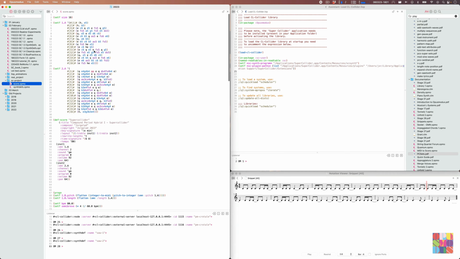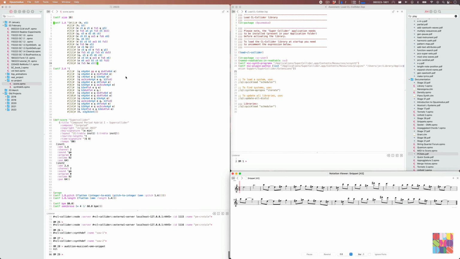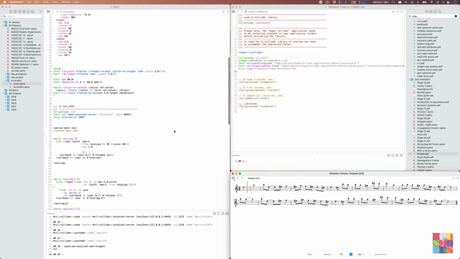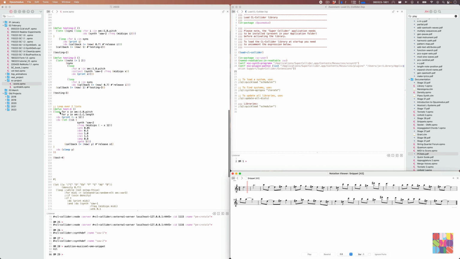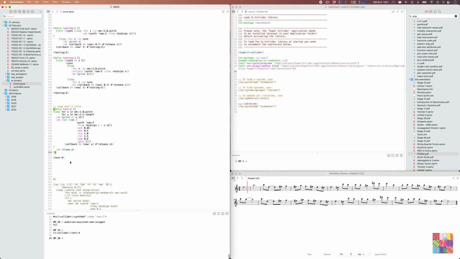And here I have some regular Opusmodus notation, a regular melody, which I can show you as well, just so that you can see what the melody looks like. And then I'm using that inside a loop here to control an actual Super Collider synth. So if I evaluate this and then this,